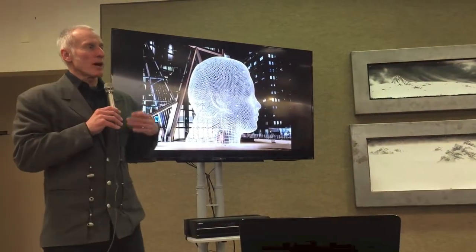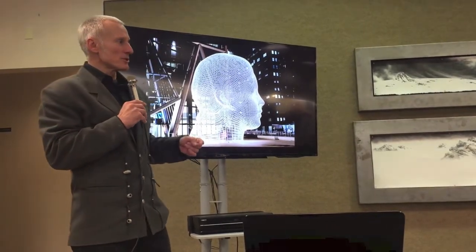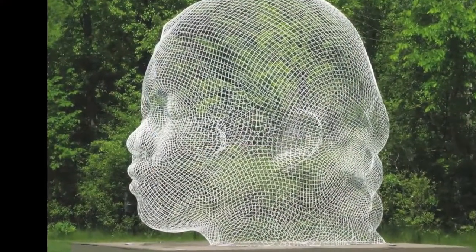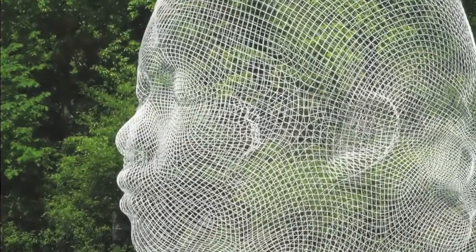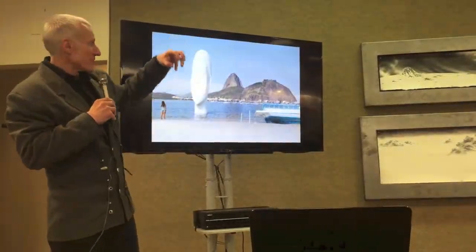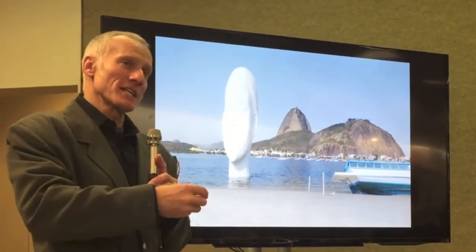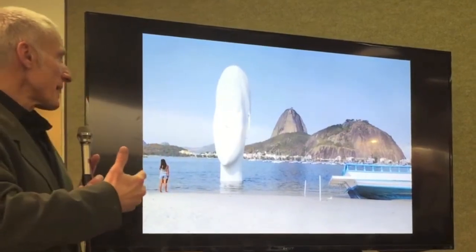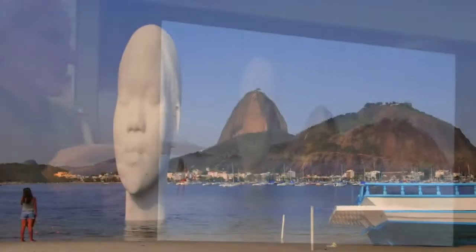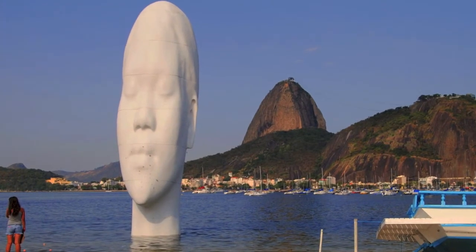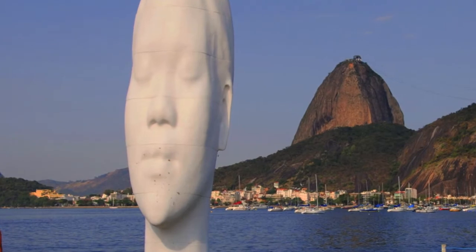It's also about archetypes, about the universal, which in that sense he has in common with JR, where it's not about specific people, it's about the archetype of people and humanity. He's playing with distorting the figure. By distorting it, he's making reference to the technology, but he's also making it less of a specific person. I think he ends up doing cast concrete. So he's got these heads all over the world.